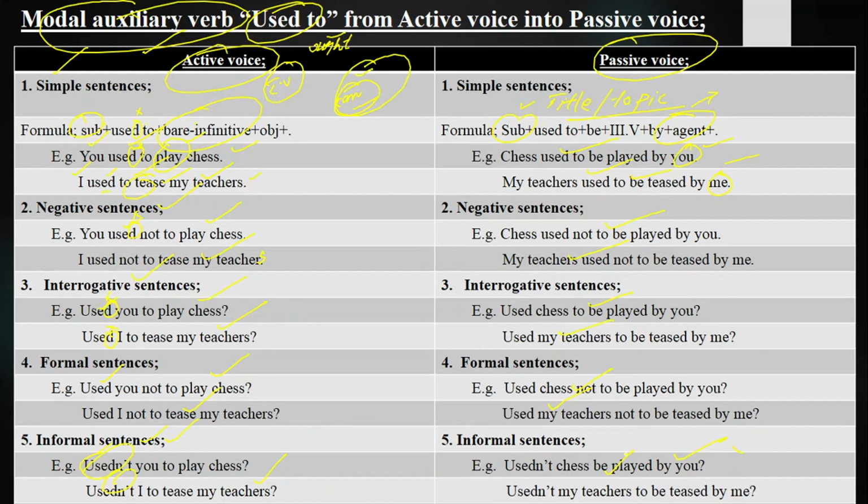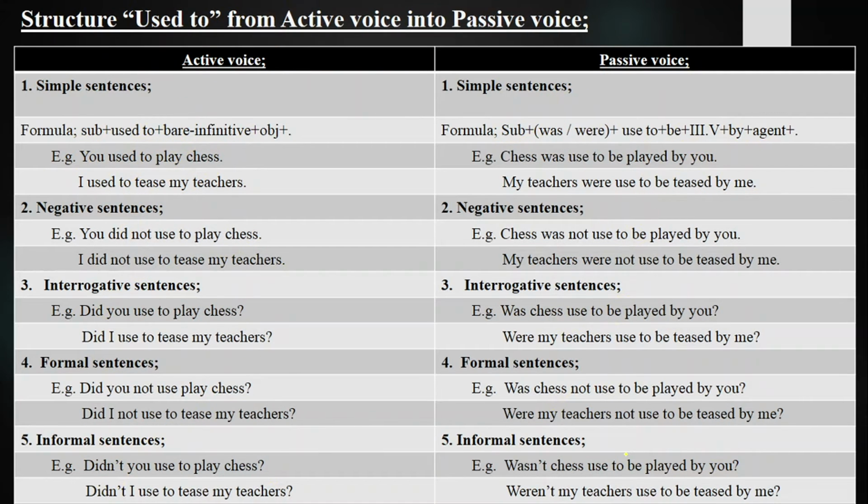And if it is a structure, then it should be changed in this way, which we are going to discuss. We don't have time. A 15-plus minute video cannot be uploaded on YouTube. So my target is to make you understand it briefly. I am in a bit of a hurry to make you understand fast. My sake of knowledge says that it must be a structure, and as a structure you can change it in this way into passive voice.